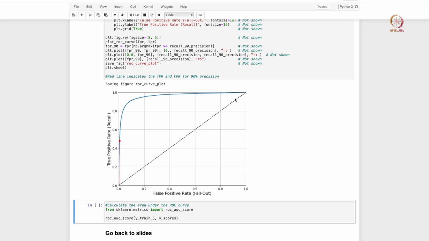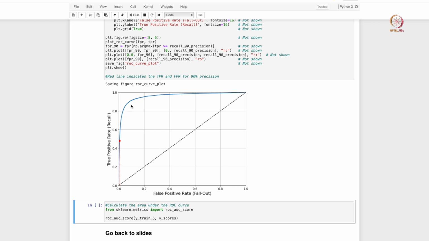There is a dashed black line, which is basically your parity line. In general you want your models to lie above the parity line at least, because below the parity line the area under the curve is less than 0.5. Above the parity line you can get higher areas, and we see that for our model it is quite decent.